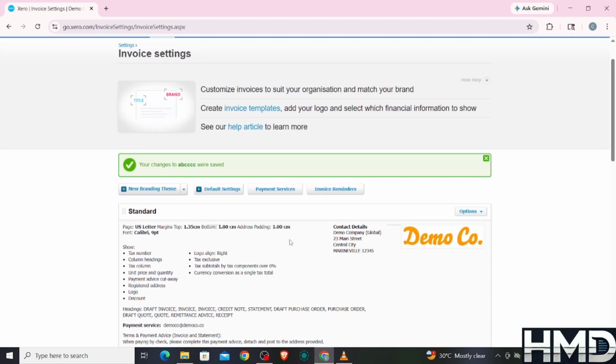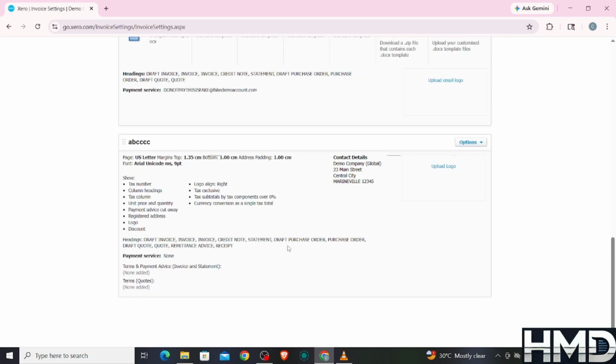In short, customizing invoices in Xero involves creating a branding theme, adjusting layout and content, setting defaults, and testing the final design. Now that you understand the process, customize your invoices and give your business a more